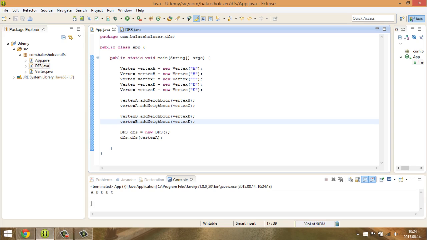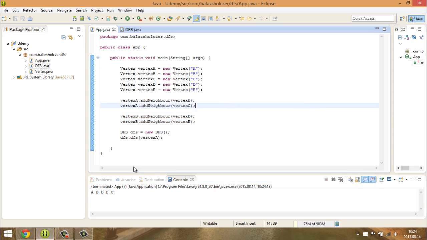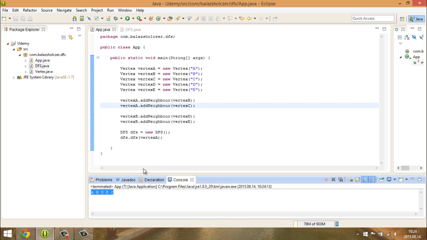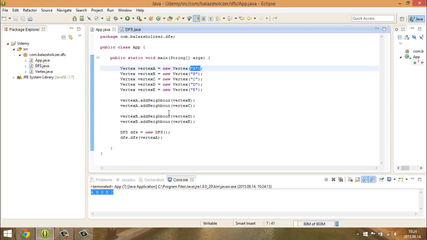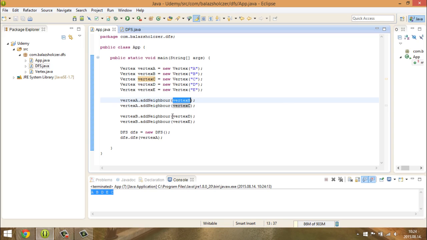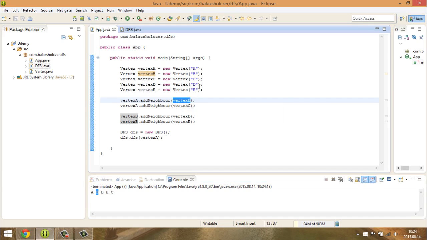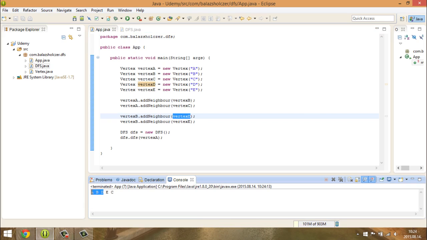the order is different than the other, because in depth-first search we can go to the leftmost element and we can go to the rightmost element. So here we go to the right, or I don't know, because A has two children, the B and the C, but we don't know whether it's a left child or a right child. We store it in a list. So we go to the, I think, left, so that's why this has to be the leftmost element. Then we add the neighbor D, so that's why it is going to be A, B, D. We go as deep